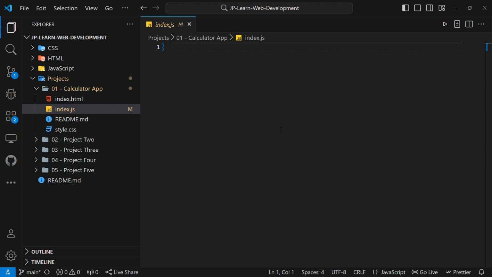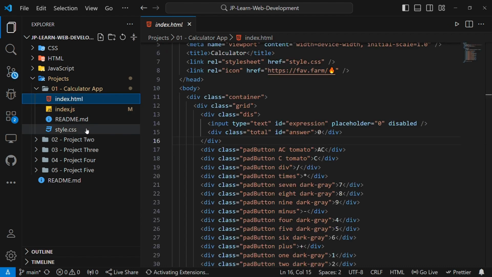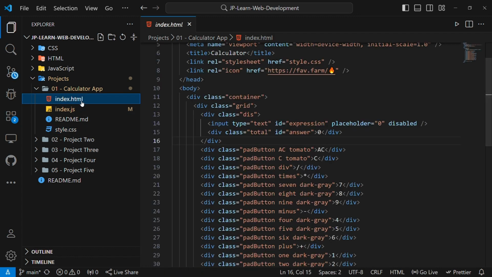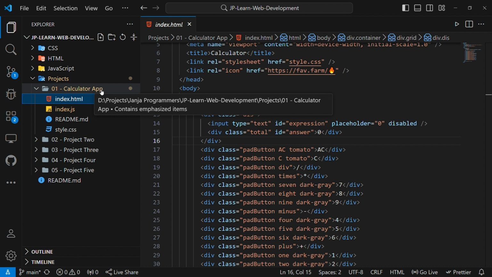If you're following the course, you're aware there's a repo that we forked, and the repo contains the boilerplate for this app. The boilerplate includes the HTML and the CSS. They're here. So if you have that repo, you can just pull the changes. And if you don't have it, I'll attach the link of the repo in the video description. So let's start. Once you pull the changes, you'll see that you'll have a folder called calculator app, and